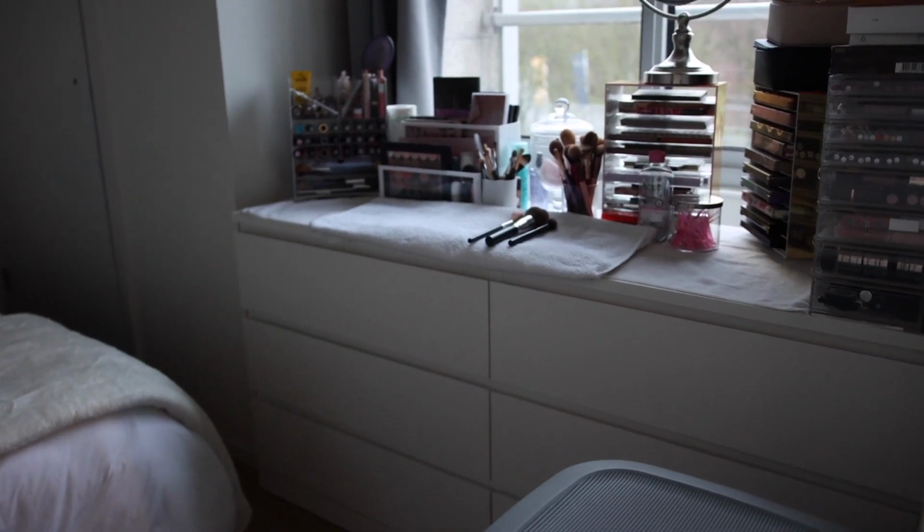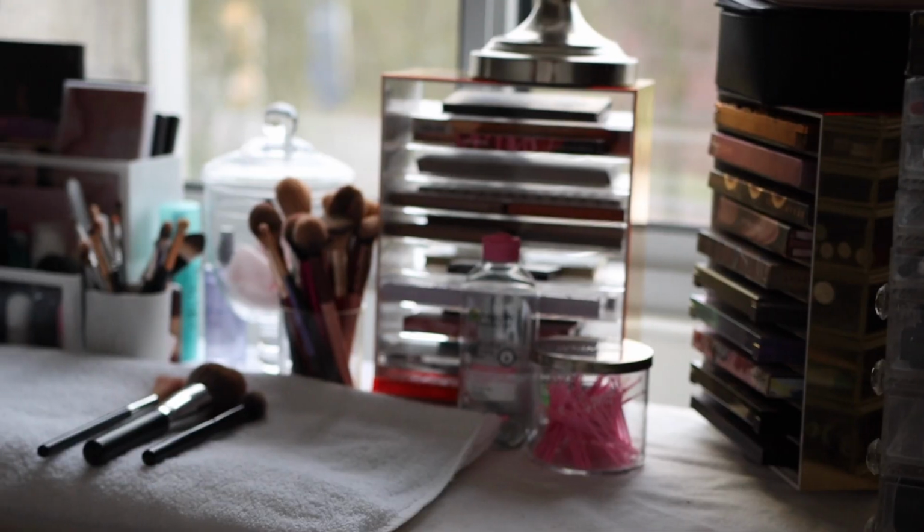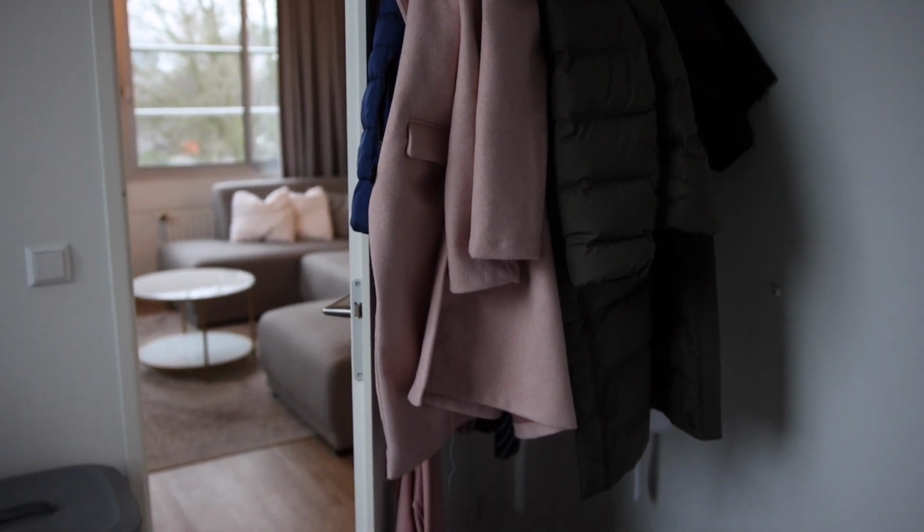The room is the part I would say I like the least. We don't have a lot of space in there. Obviously we have one IKEA drawer in there with some more clothes, and then of course some of my makeup collection displayed on top, and some in the drawers. Our bed kind of just fits in the corner. We've got a coat hanging at the back, so the door can't open completely. And we also have this weird thing in the corner where they have all the pipes and stuff. We first thought that it was a closet, but it's not. So the pipes and gas and water pumps and heating system, I don't know, it's like a little service corner over there, so it's kind of just in a weird space. We don't have a lot going on in there, but you know, I must say that it's just a place